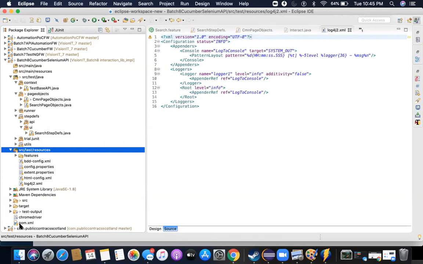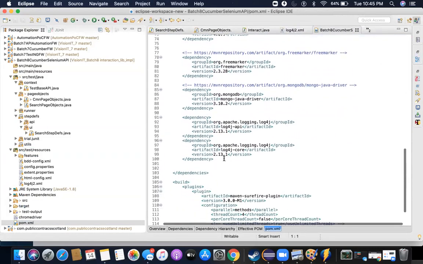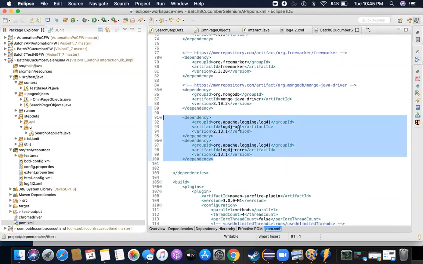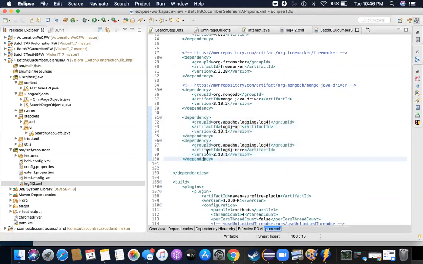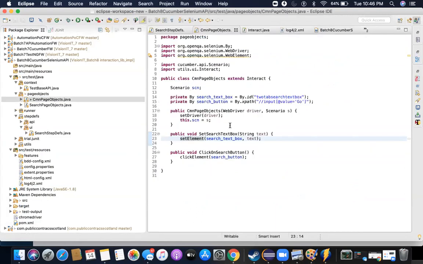Once you add that, then inside your POM file, you also have to add these two dependencies: log4j API 2.13, log4j-core 2.13.1. So these two dependencies are required. So first file is this, second are these two dependencies. Once you are done with these two, of course it will take some time to download. Once that is also done, then